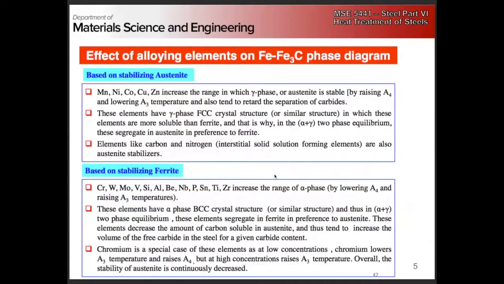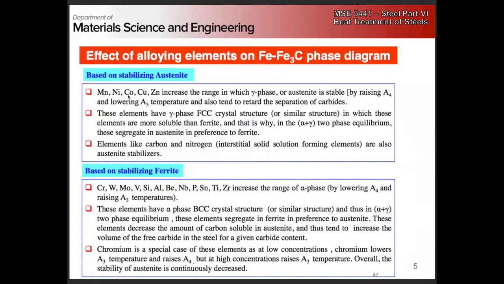Okay. And so the first thing we want to look at is all of the alloying elements. Where will they tend to go? Where will they tend to partition? What phases will they stabilize? What phases will they destabilize? Right? And so our austenite stabilizers, the important ones,